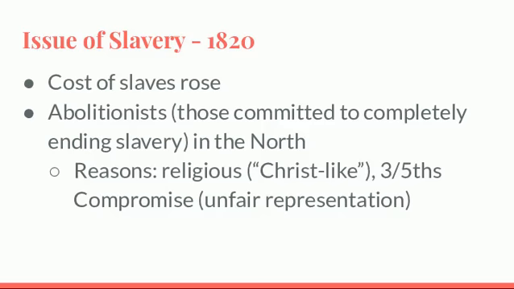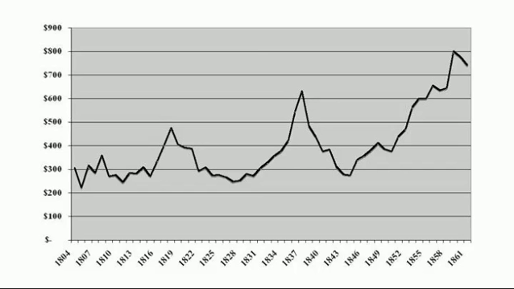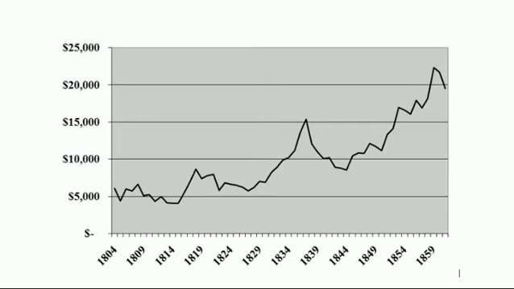Because cotton becomes so profitable, the Black Belt, things like that, it leads to an increase in the worth of slaves. So when we talk about the justification for why you would want to keep your slaves, part of it is the cost of the property. Looking up on the board, this is the cost back then of a slave. In 1820, we're right about here, about $475 a slave. In today's world, that's the equivalent of $9,000 a slave. So when we talk about how expensive slaves were, while we don't treat them as humans, they were worth a lot. In fact, right before the Civil War, our slaves were worth about $22,000.